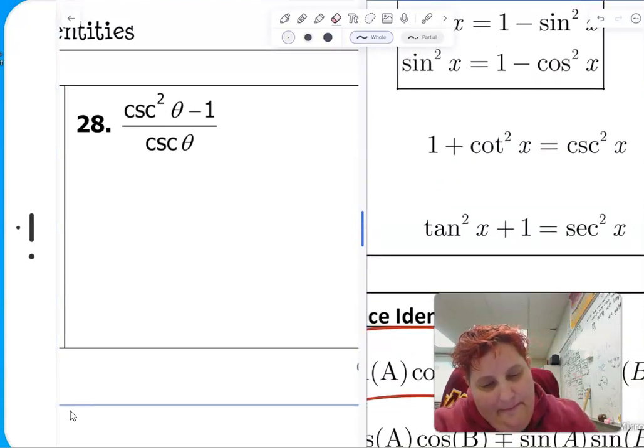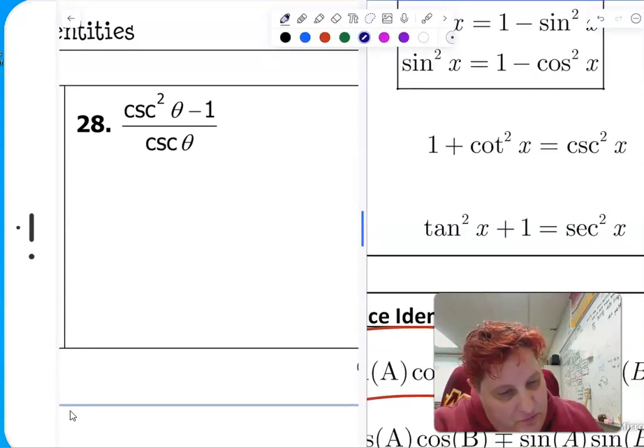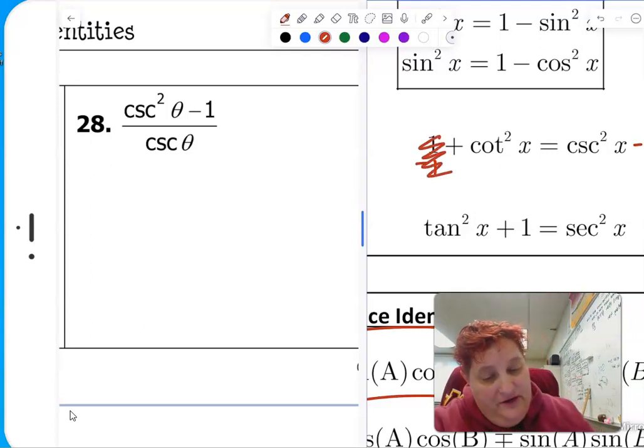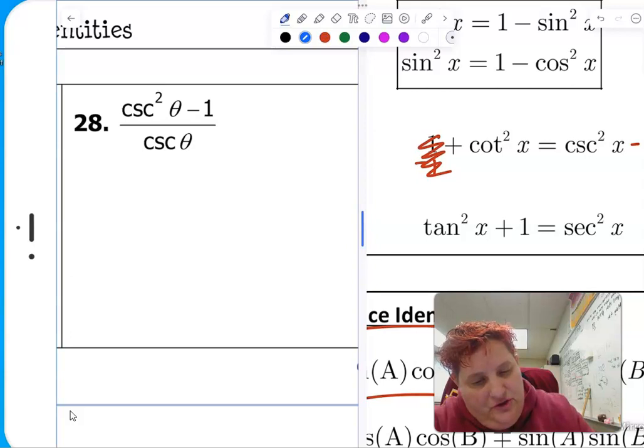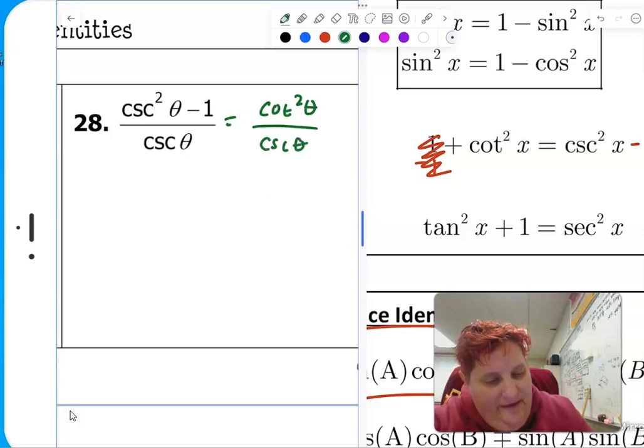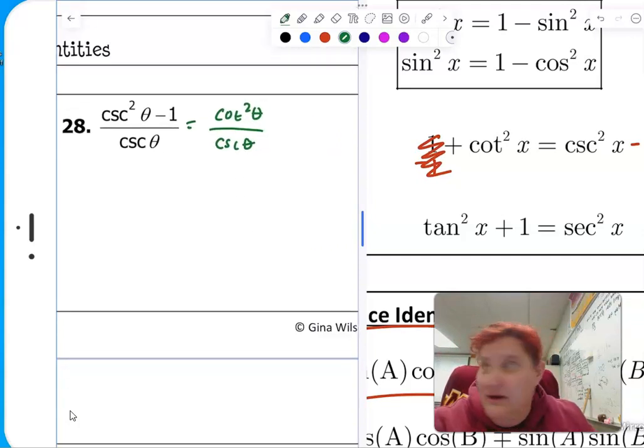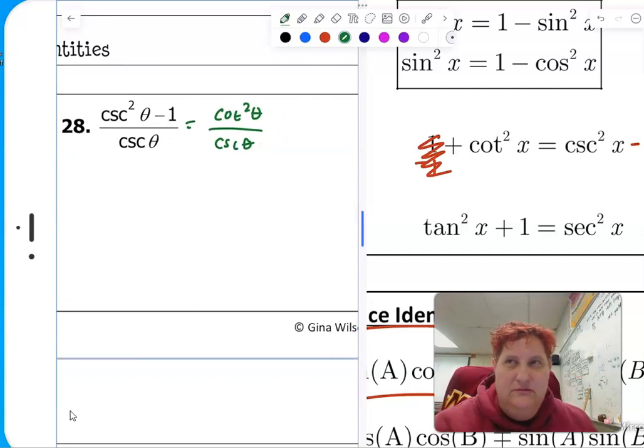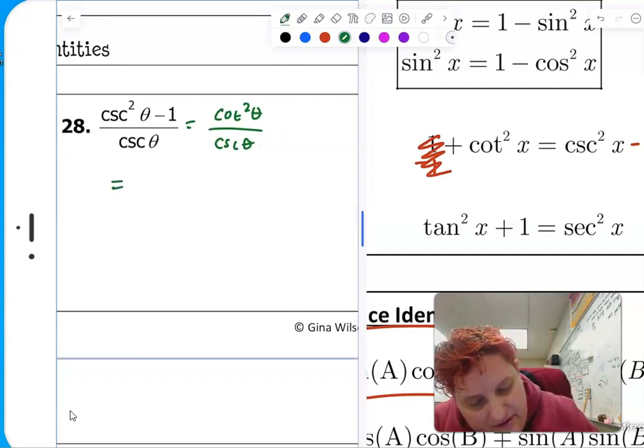All right. It's a cosecant squared minus 1. Well, you guys, if we look over here, cosecant squared minus 1 is cotangent squared. Okay? So I can turn this into cotangent squared over cosecant. And then I just want to turn everything into sines and cosines. And so this is going to be cosine squared over sine squared